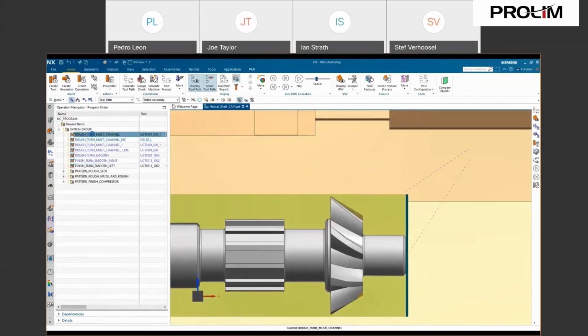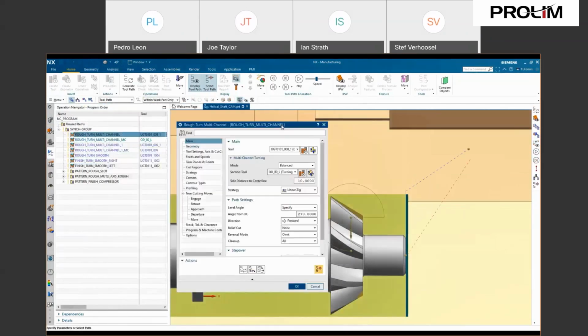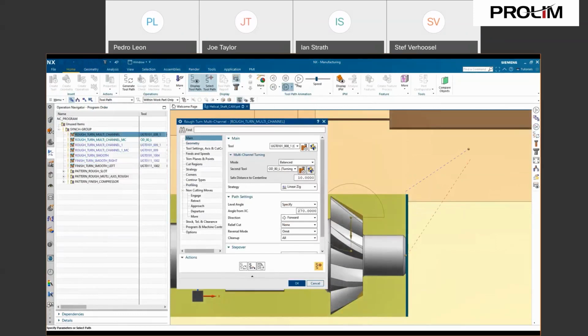So let's take a look at the multi-channel turn operations. Some of you know this as balance turning or pinch turning. We program it in exactly the same way. So we open up the operation, we specify what we want to